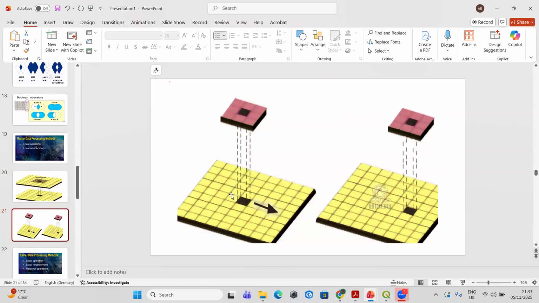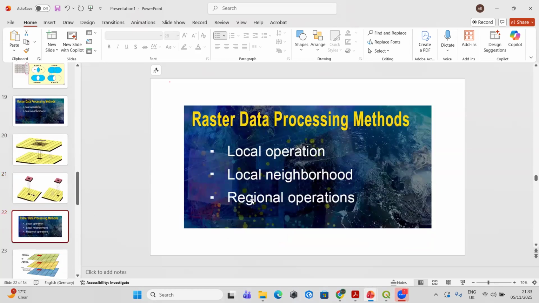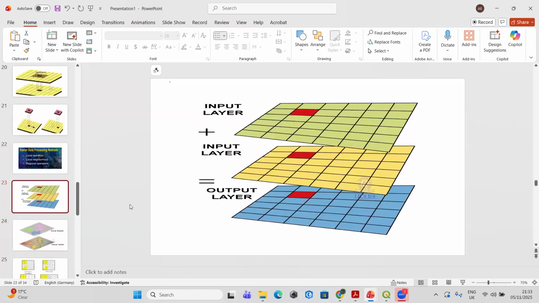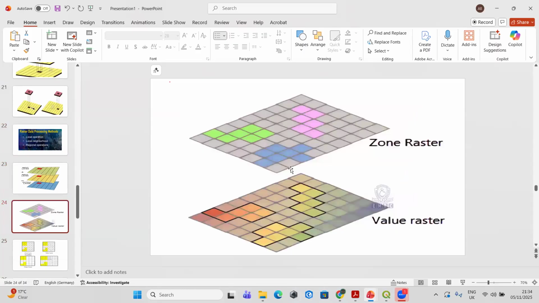So this is almost the same. Now we have the regional operators. After local neighborhood, we have the regional operators. Now, what regional operator means is, to explain this, I would maybe use this one. Yeah. So, for example,